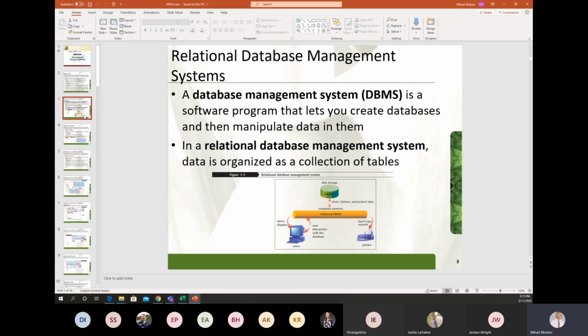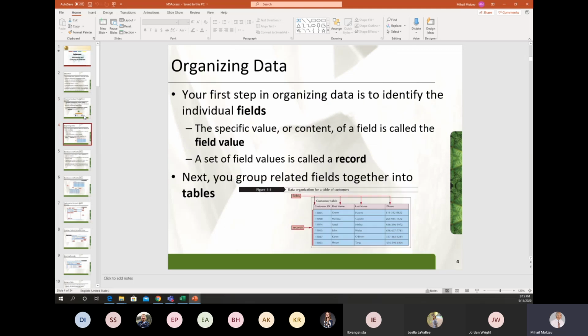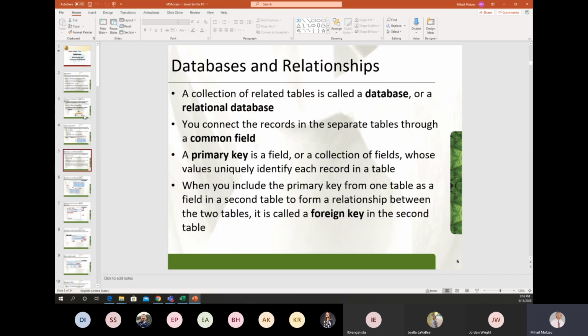For those of us with good knowledge of Microsoft Excel and tables, any kind of tables, this is easy to understand, because the main idea in relational database management systems is to create small but useful, easy to navigate, operate, and manage tables, and then use these tables with the help of a special common field,